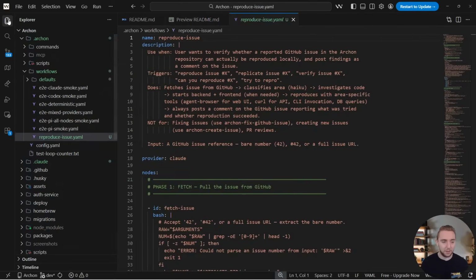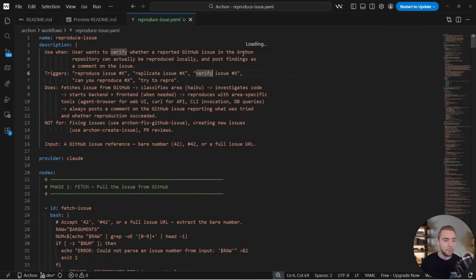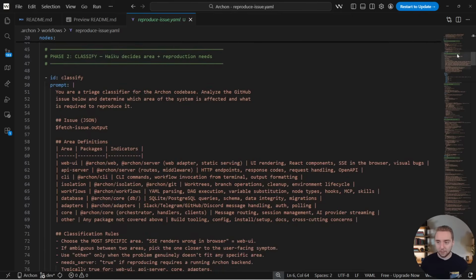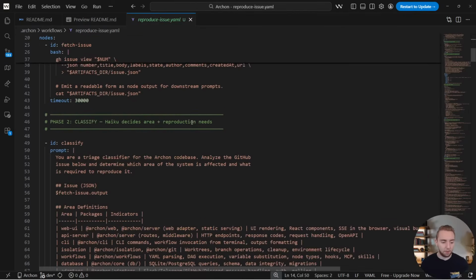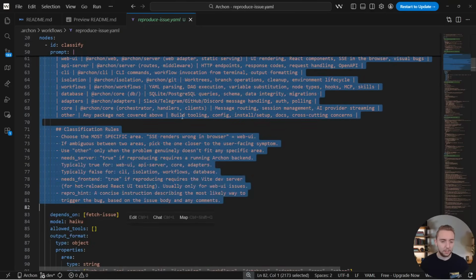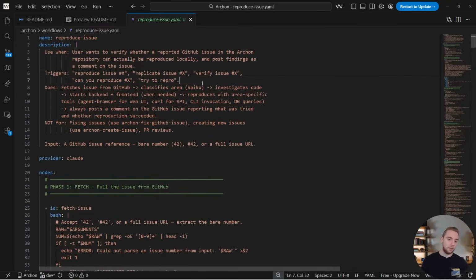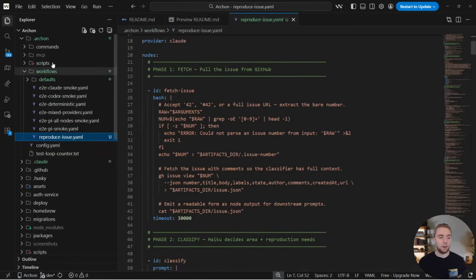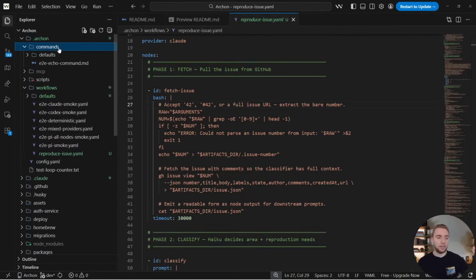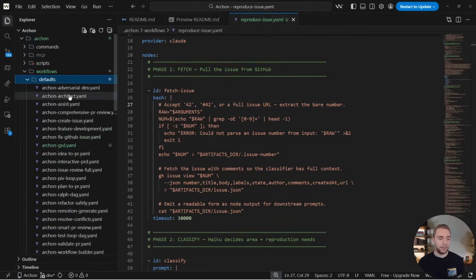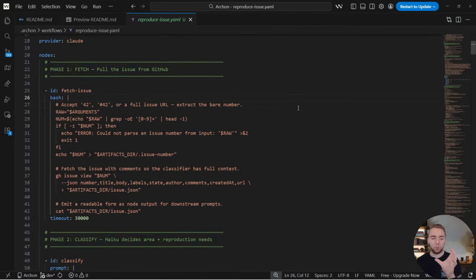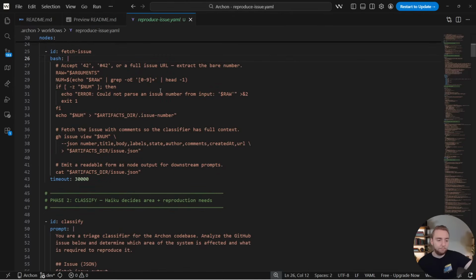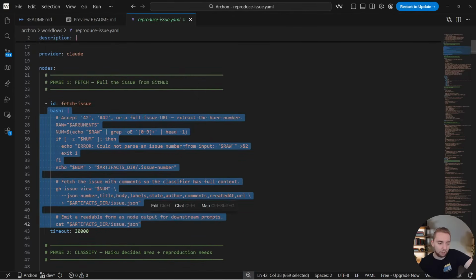So let me pop this open here because we could actually test this on an issue right now. So it's a pretty long workflow just because a lot of the prompts here are just inline. So it's a little ugly, but whenever I start a workflow, I like building it as a single file at first. And then another thing that we support in Archon is extracting the prompts out into commands. And so that way, we don't have to have super massive inline prompts in our primary workflow YAML file. So anyway, we have a bash node at first that extracts the issue number.